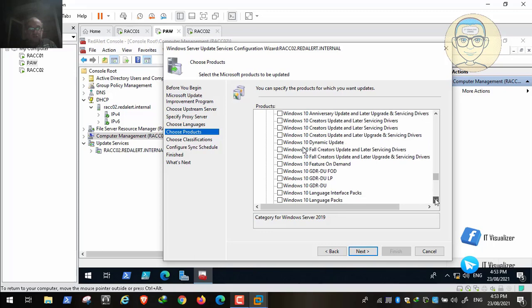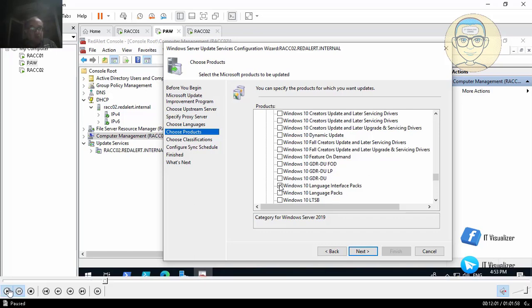So let's continue browsing. Here we download Windows 10 packages. What is the language package? We need to have the Windows for different armies to appear in their language. The Windows display language, I need, for example, the Windows to appear in Japanese language. I need the Windows to appear in Russian language. I need the Windows to appear in English language. So we need to download the language interface packages. This is very important, because we need every army to see the Windows in his own language. Okay, so now we will configure this,